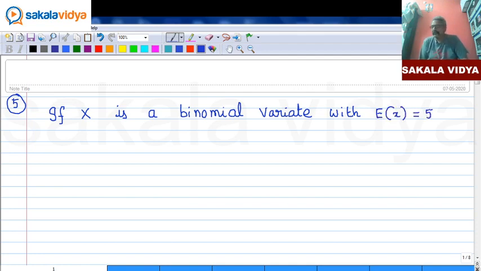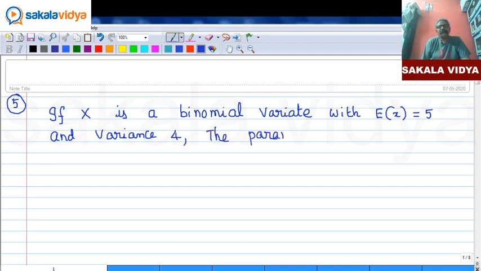Mean equals 5 and variance 4. The parameters of the distribution are: